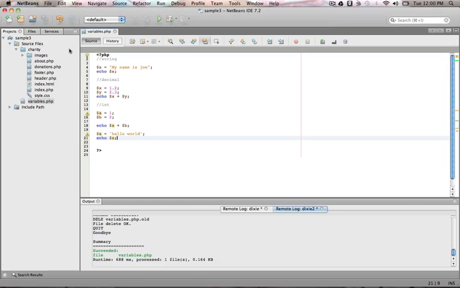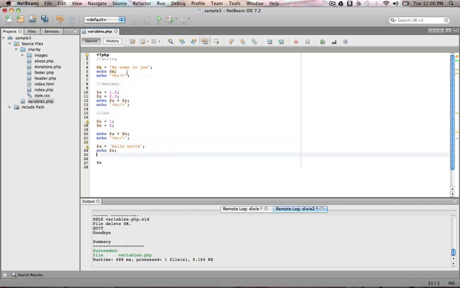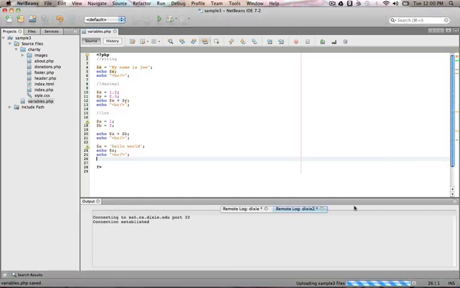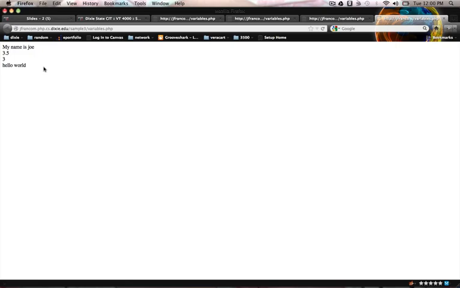So we probably need to look at how can I get some HTML in there, and you should already be familiar with that. We can say echo, let's just echo the BR tag there, and maybe we'll just copy that a few times down here, and down there, and make it a little bit more readable. But we can intersperse our HTML however we want. If we look at our source, that's what it looks like. So variables are very important. We'll look at some more variables in the next